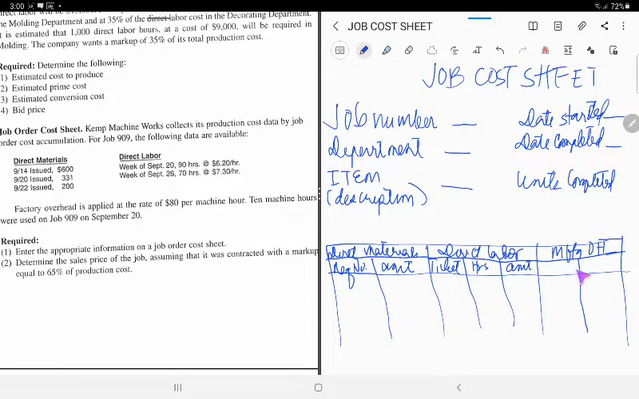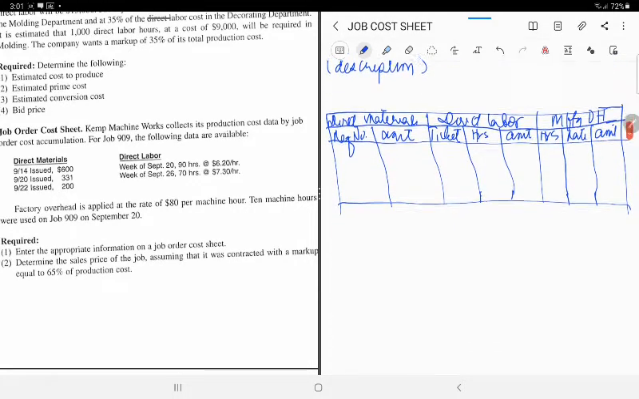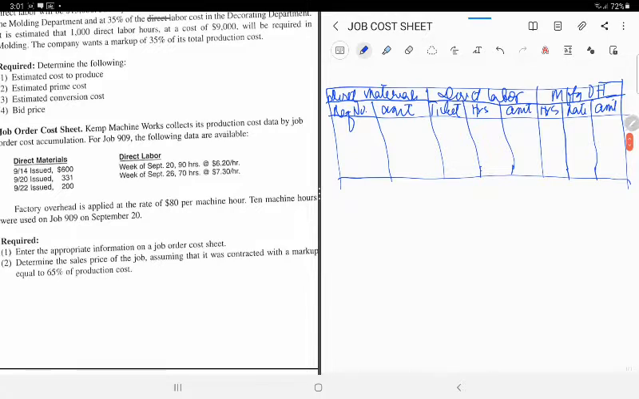The same goes for manufacturing overhead. It also has three columns. We have the hours, the rate, and the amount. Because in manufacturing overhead, you are going to apply the rate, right? Because it is normal costing. And below the direct materials, direct labor, and manufacturing overhead, you will have